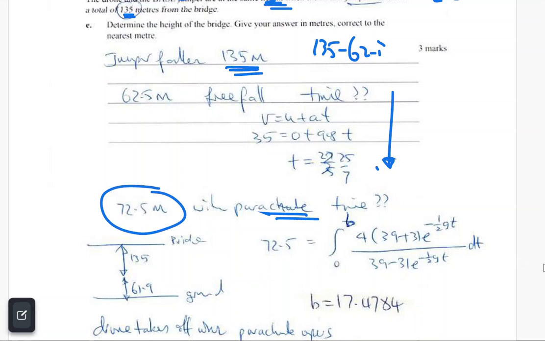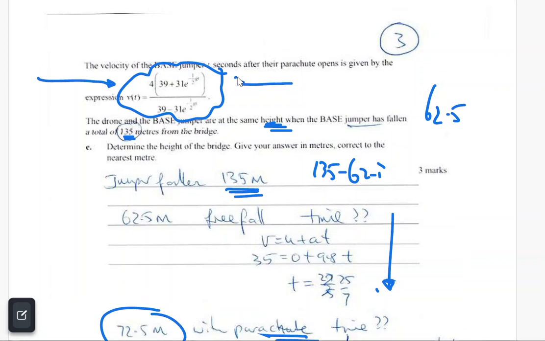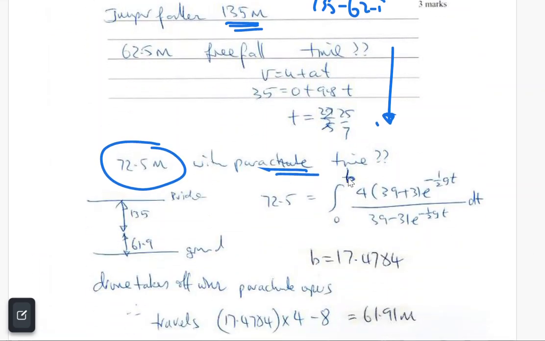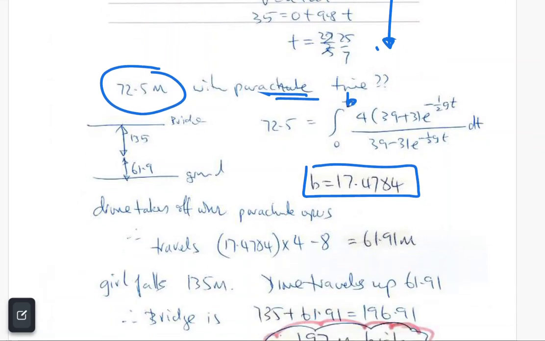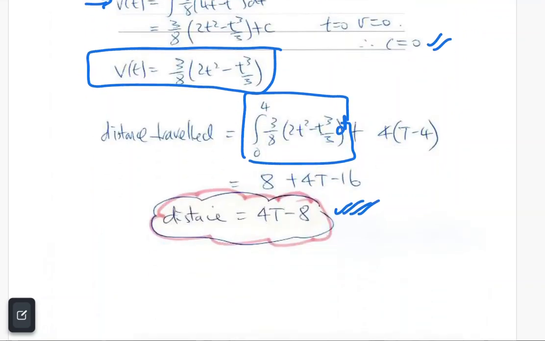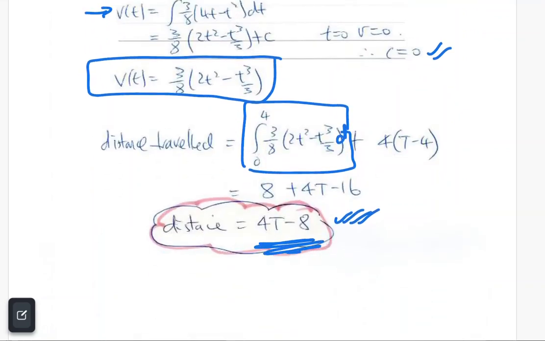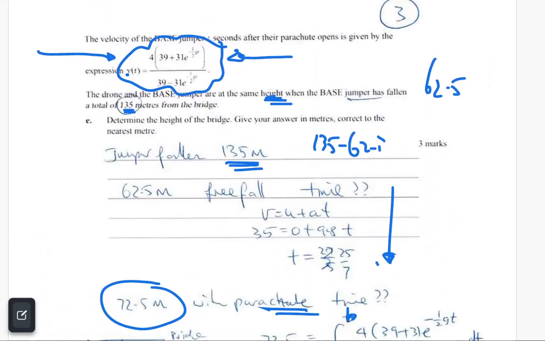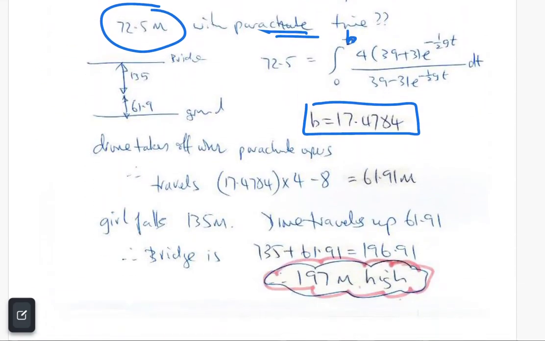So if I integrate, this is a velocity time curve. The area under the curve should be distance travelled. So if I go from 0 to b of that velocity expression, set it equal to 72.5, that gives me a b of 17.4784. I know that the drone will travel this far, and I know that it will be travelling for 17.47,